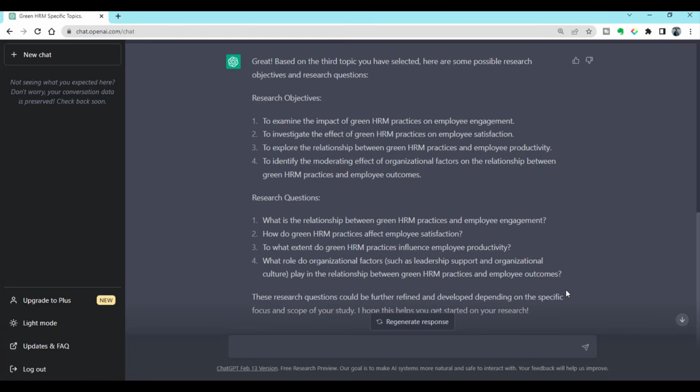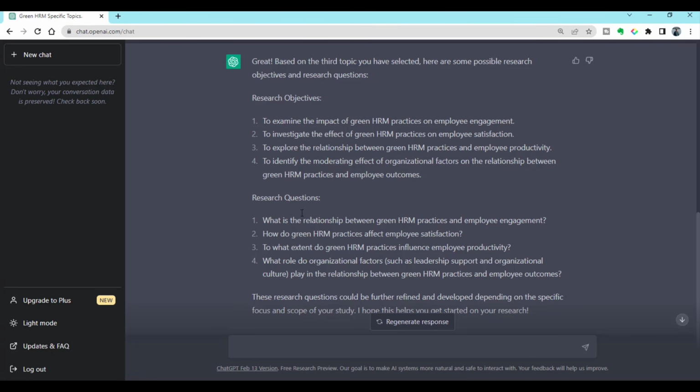So look, ChatGPT has provided us the research questions and the research objectives as well. So we are very clear about how to proceed with our research and what our research questions will be. But again, the important part is you must make sure whether there is still a gap if we select these objectives and research questions.